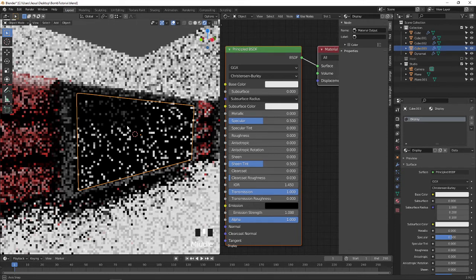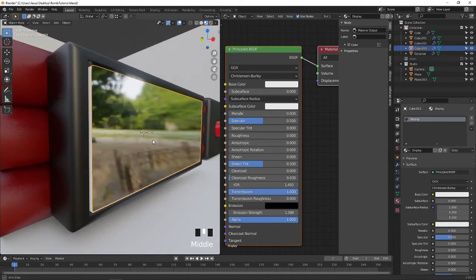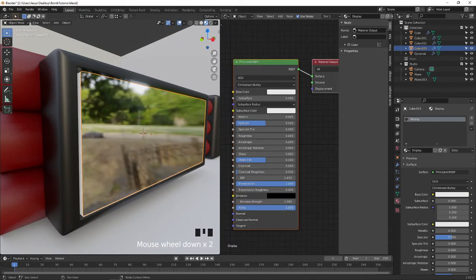Now this display I make it as white. Go back to the solid view again. Now you can see it looks like a mirror because it's reflecting the other things, which is not required for us.